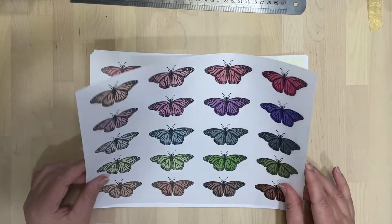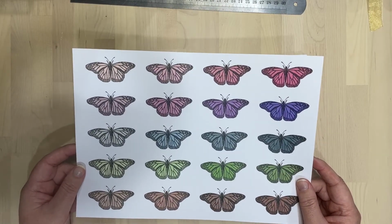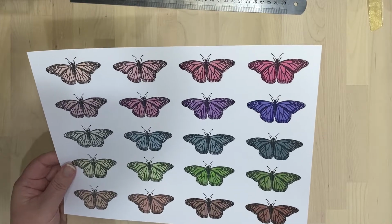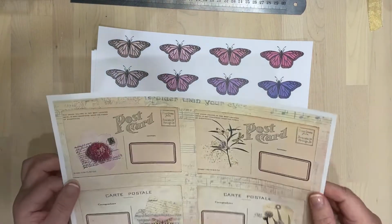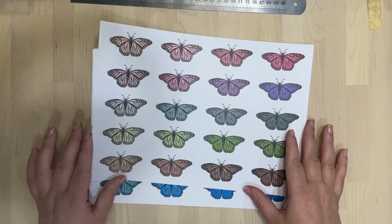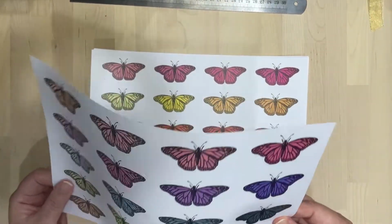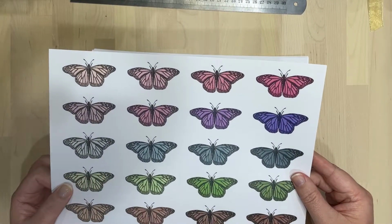So when you get a PDF or a JPEG of one of these, what you do is you print it. I have several different print qualities. The original ones I did were on this kind of paper, which is 120 GSM. It's slightly matte and a bit flexible. And then more recently, now that I'm working out how to use my printer, I've got some 200 GSM cardstock. It's definitely